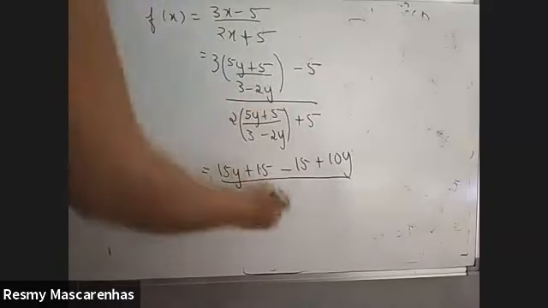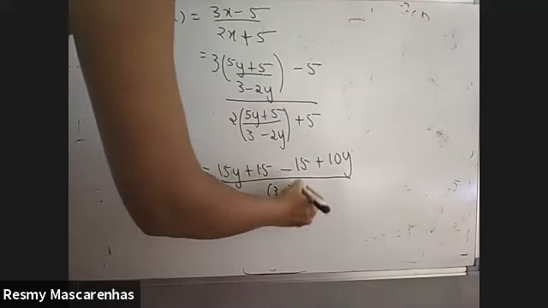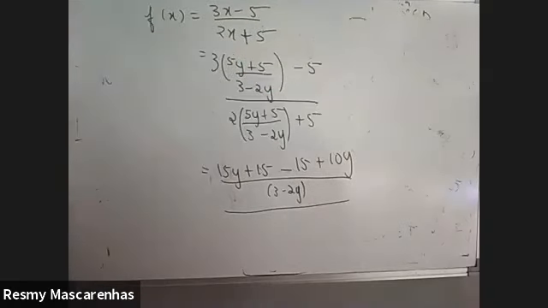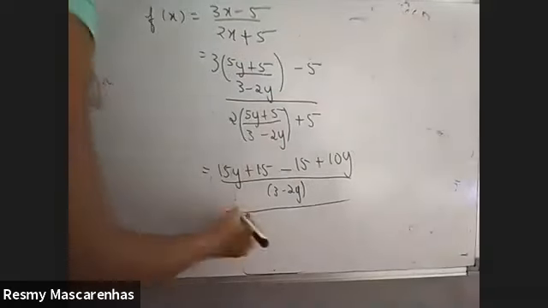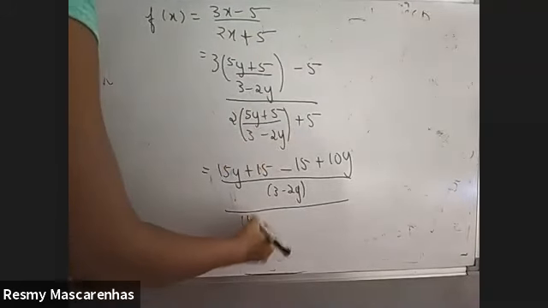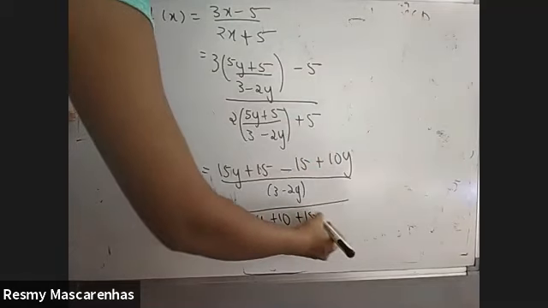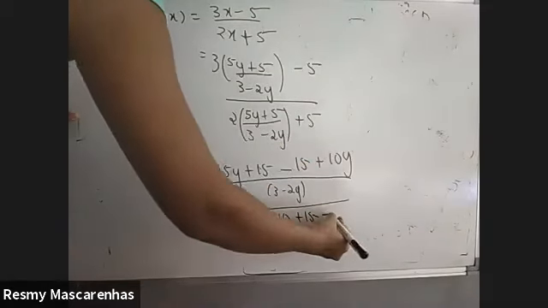Upon cross multiply now, so this will be 3 minus 2y upon, again cross multiply this also. 3 minus 2y will get multiplied to 5, and this 2 will multiply inside: 10y plus 15, 5 minus